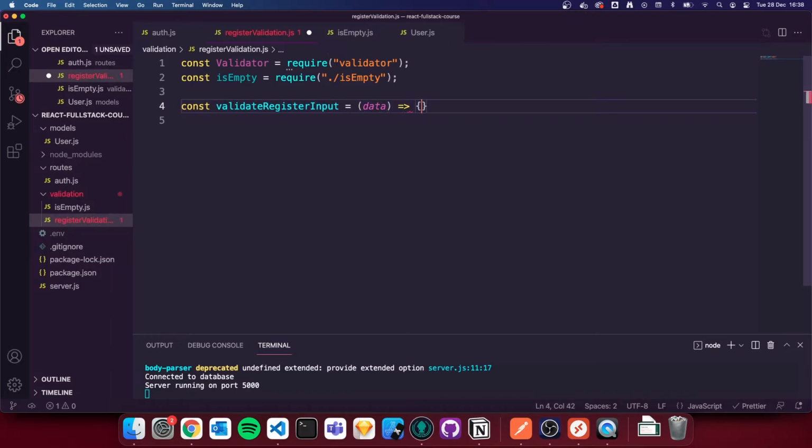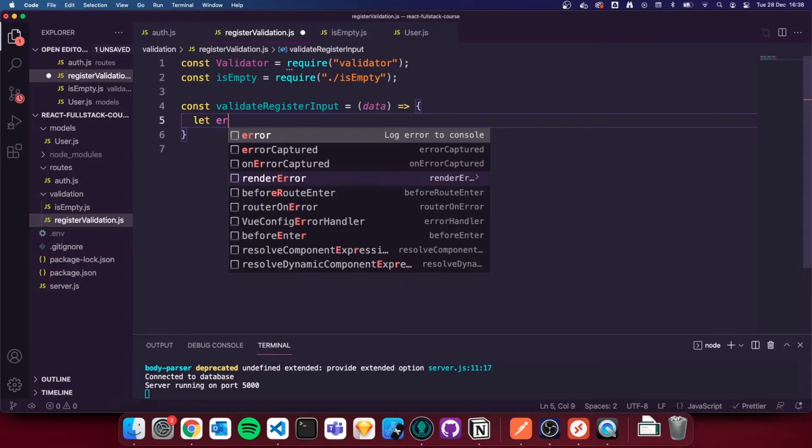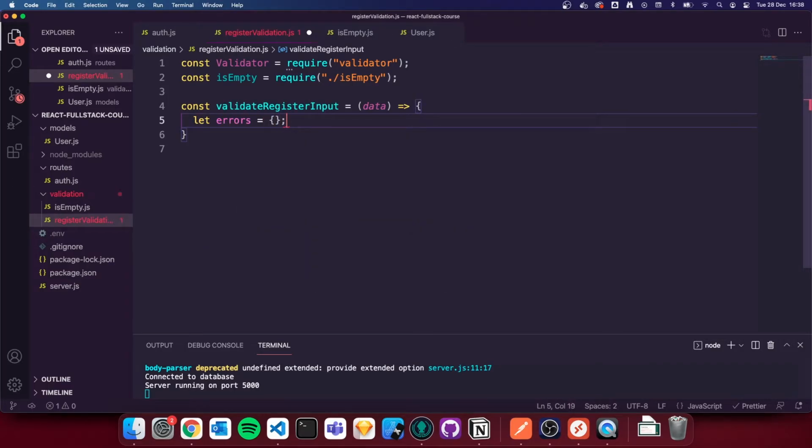Then we're going to open up an arrow function, and we're going to create an object called errors. So let errors equal this. It's going to be an empty object called errors. Each time there's an issue with any of the data that's passed to us, we're going to add a new key to this errors object, and we're going to use that on our route to return a relevant error